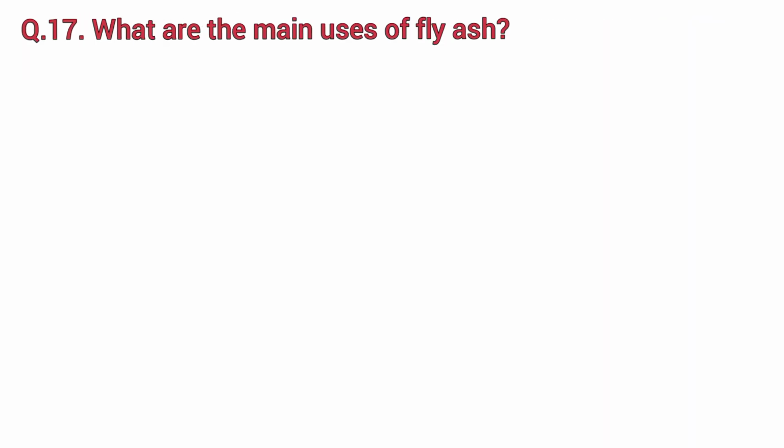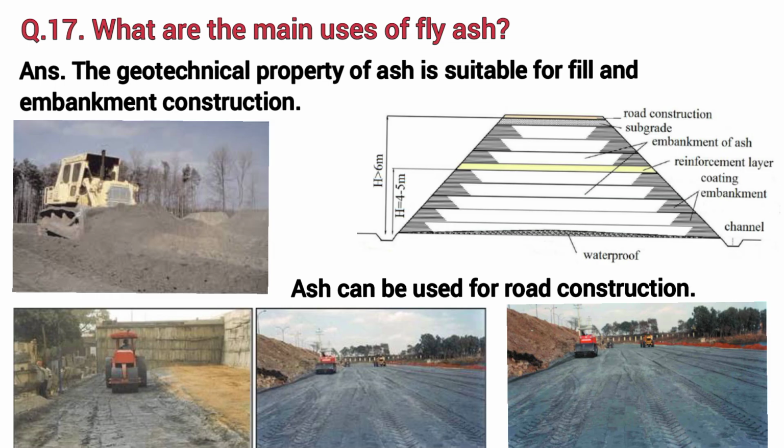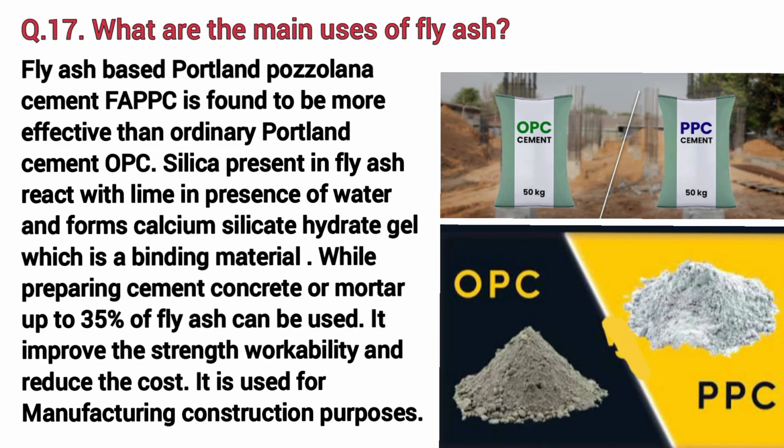What are the main uses of fly ash? The geotechnical property of ash is suitable for fill and embankment construction. Ash can be used for road construction. Fly ash-based Portland Pozzolana cement (FAPTC) is found to be more effective than ordinary Portland cement (OPC). Silica present in fly ash reacts with lime in the presence of water and forms calcium silicate hydrate gel, which is